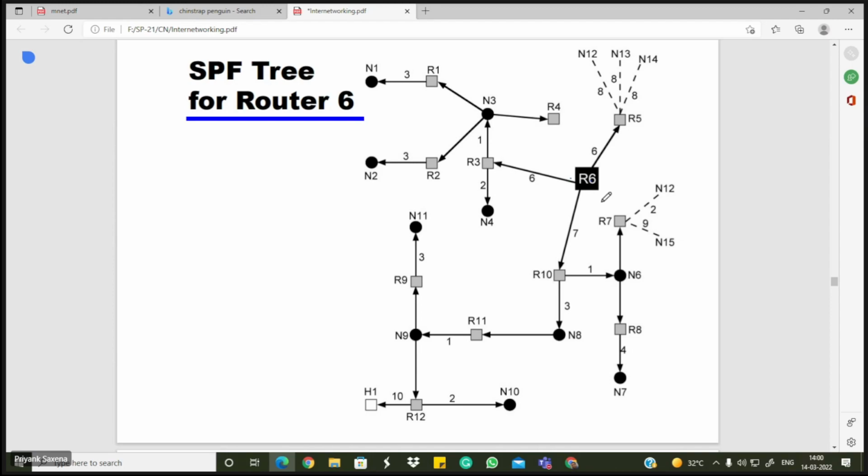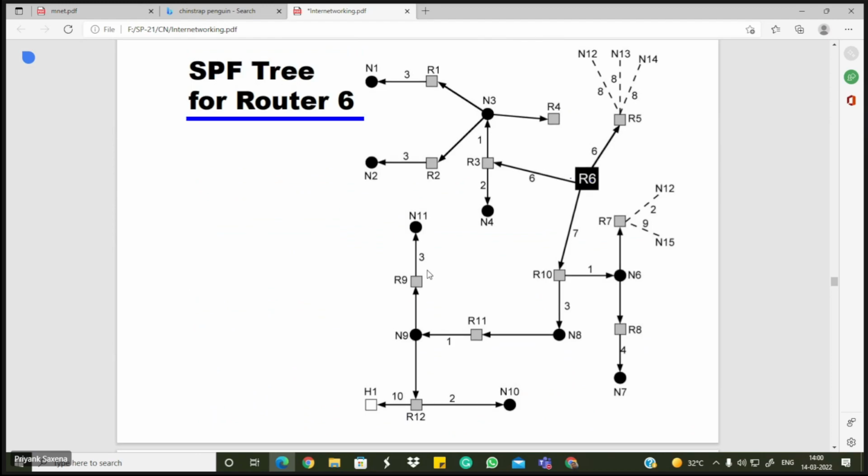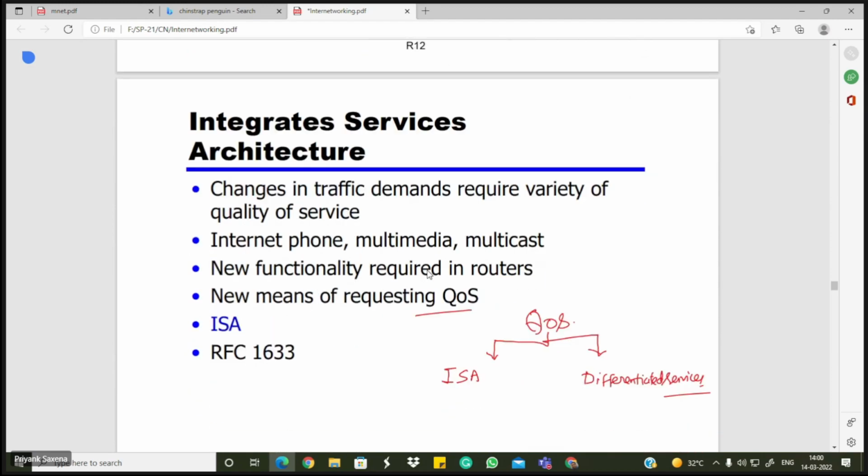So as you can see, a single copy will be generated from the source, and it will be duplicated here. It will be regenerated at this node as this branch, so that the number of copies generated is less as compared to multiple unicast and broadcasting. So this is about the SPF generation, OSPF, Open Shortest Path First, based on